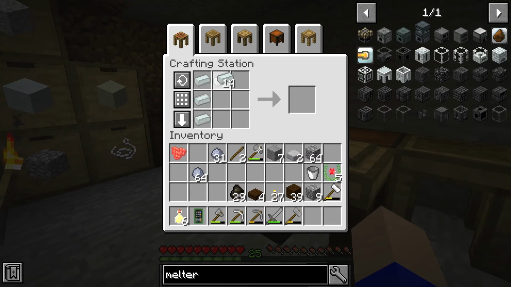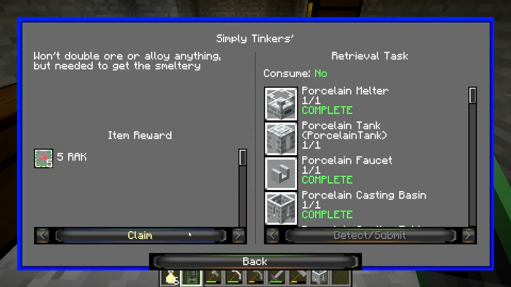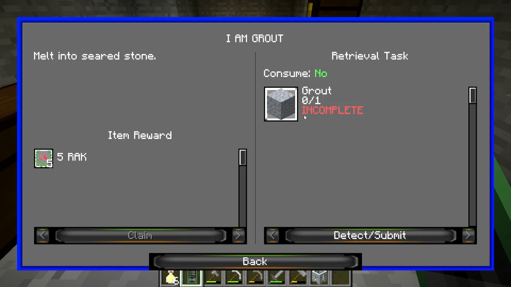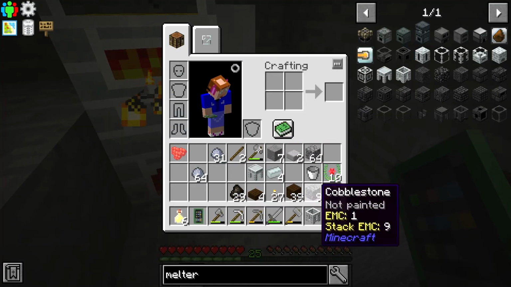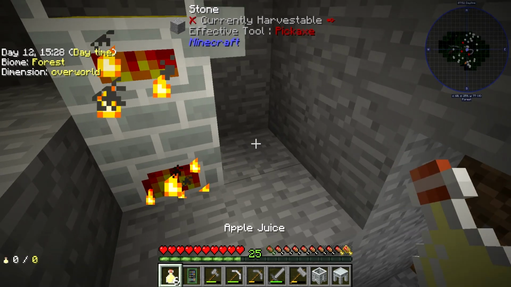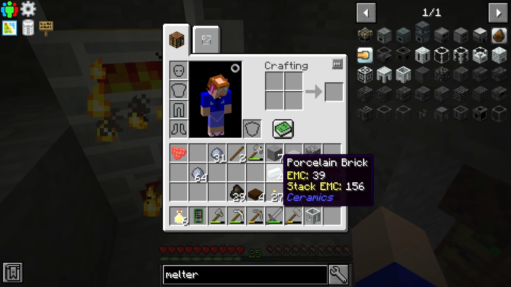So we want one of them. And we want one of them. And that should be Dingville. That should be Dingville population me. It is Dingville population me. Good job. I am grout. So it wants me to make 1 grout. We're probably not, maybe, I don't know whether we're going to go down that route or not. We've got other options. We want to throw that bad boy in there for now. And we want to put a...